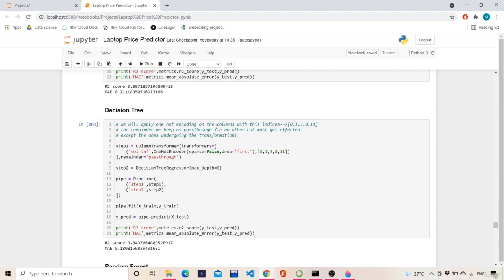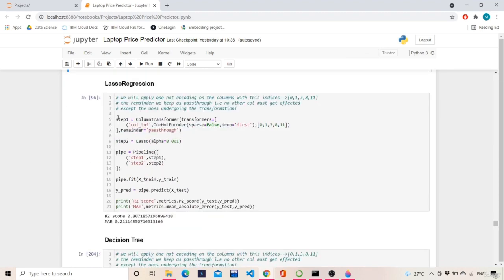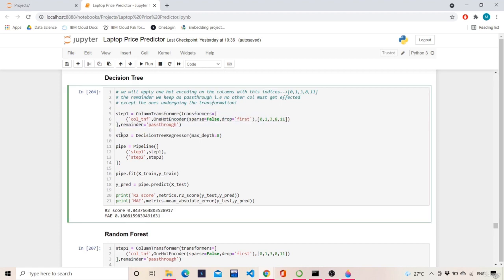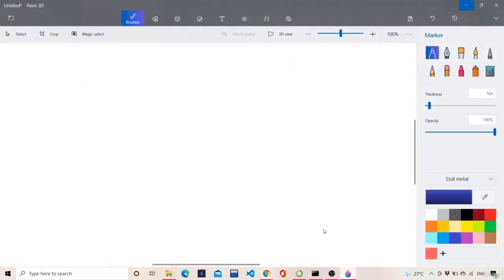So over here we will apply the same concept of pipelines. Step 1 would be the same, so as it is, I copied step 1. Then in step 2, we will initialize the decision tree regressor class. Here the parameter we are giving is max depth equals 8. Now this parameter is a hyperparameter which needs to be tuned. It will be tuned if we get a very good result now. Okay, so I will explain what this max depth is.